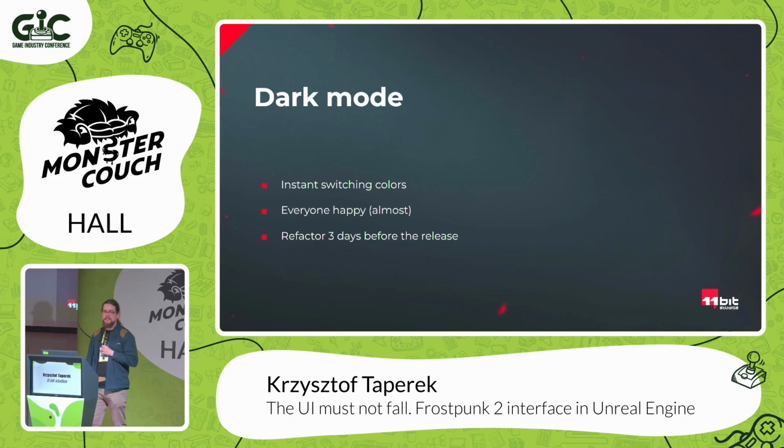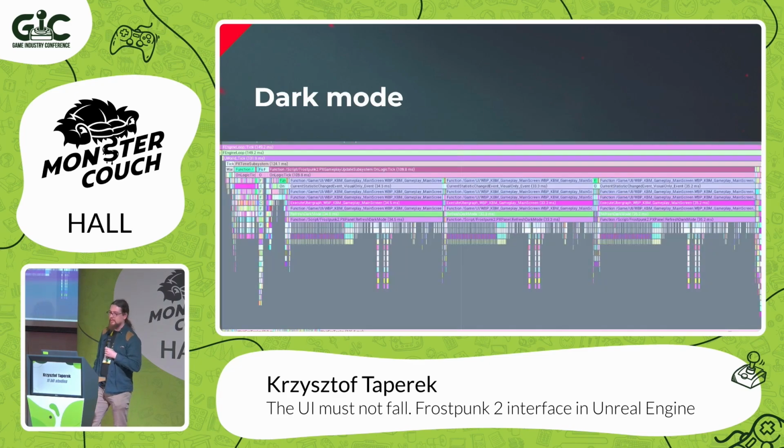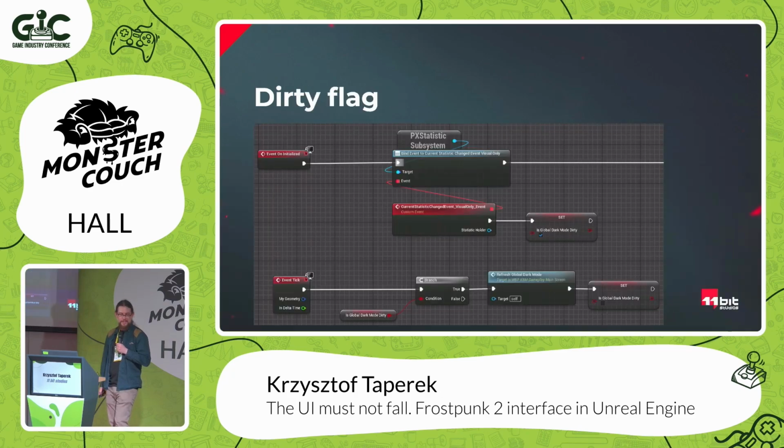Before the release, exactly 3 days before the release, there was a decision, okay, that's a very important feature, and we have to push it. So we pushed it with success, almost, because the next day I got a report like that with 100 milliseconds on tick from gameplay, and we just called that too many times. So yeah, the feature was delivered, but performance was very, very bad. Of course, it wasn't every tick, but there were so many spikes that it was really bad.